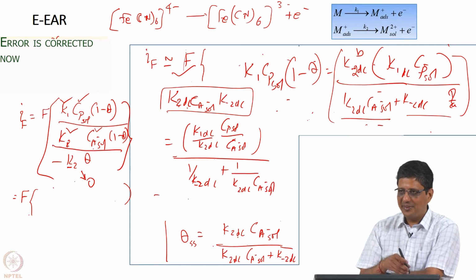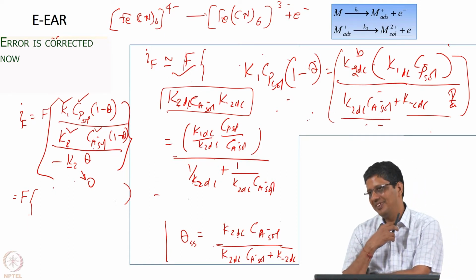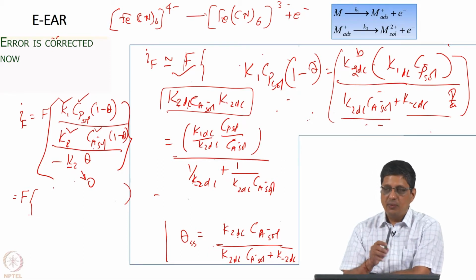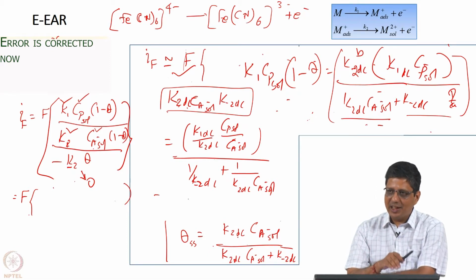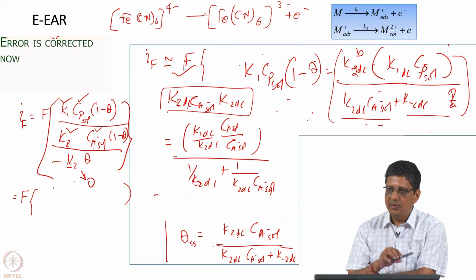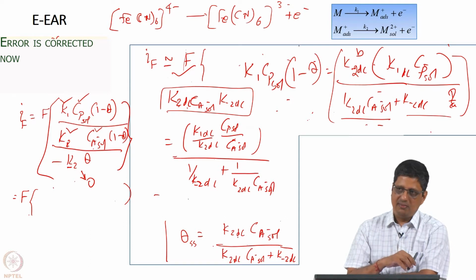I got this point, how we got this, but I am not getting the point that we are maintaining the current. We are not maintaining the current. We are getting more current. We are going to find whether we will get more current, less current, how much current we are going to get. We have already said that by increasing the value of K2 and decreasing the value of K minus 2, we are providing more potential. It does not mean we will get more current. That's what I am saying.